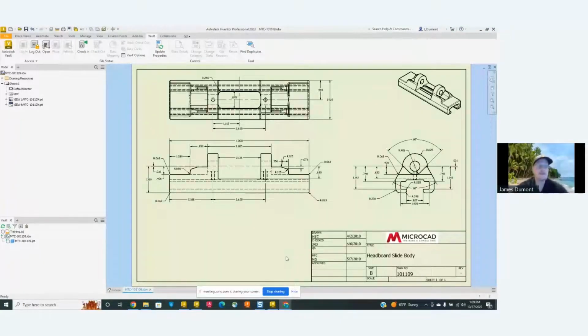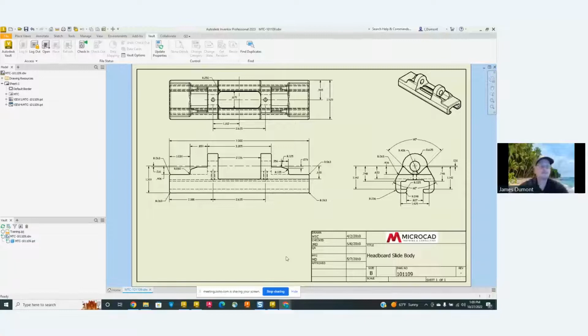I'm going to be building to the better strategies, but I'm going to show you some ways that people are doing this. So this is a part, it's complete, it's finished, it's going to be quote unquote released. I don't want to touch this, but I want one just like it. And I'm going to deviate slightly. We kind of call that same as except. So I'm going to start with something that already exists and then go from there.